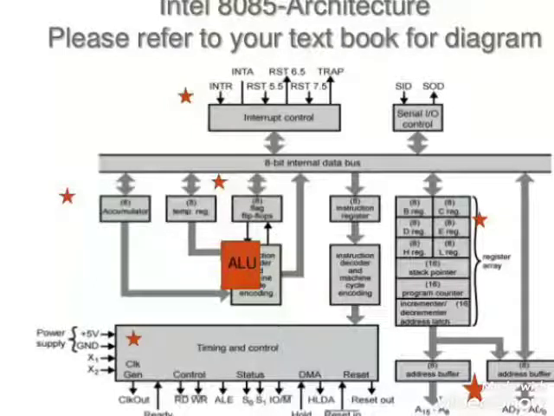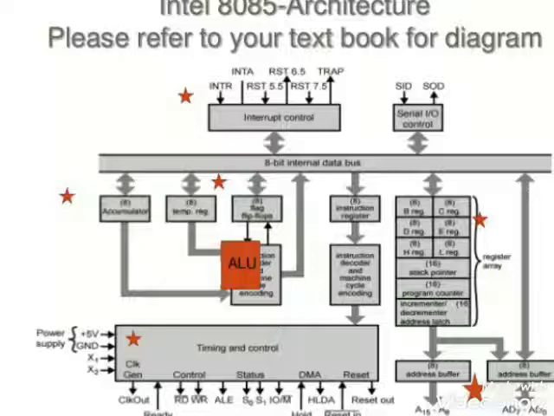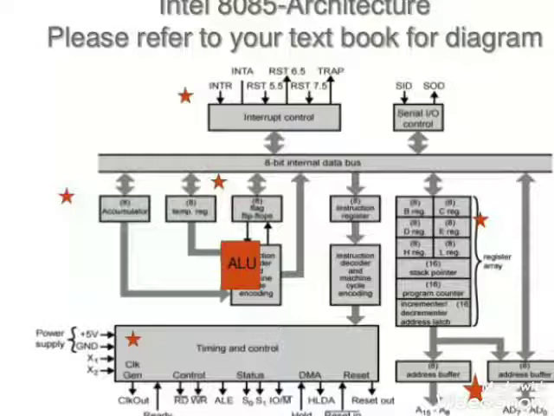Architecture of 8085 microprocessor. The functional block diagram or architecture of the 8085 microprocessor is very important as it gives the complete detail about a microprocessor. It mainly consists of three sections: register unit, arithmetic and logic unit, timing and control. Register unit. The microprocessor 8085 consists of different types of registers: general purpose registers, temporary register, special purpose register.